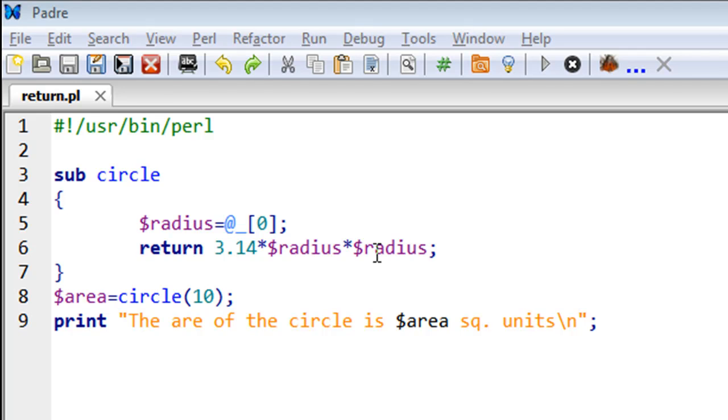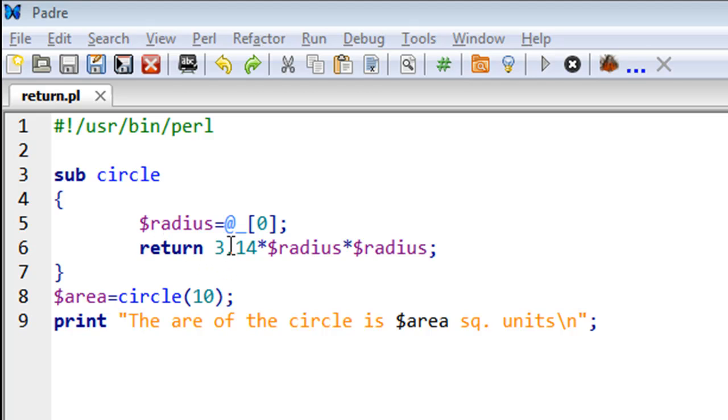This is the 49th tutorial in this course, and in this tutorial we'll be checking out the return statement in Perl. So I have a script, it's called return, and in this script on line number 3 I have used the sub keyword to create a subroutine called circle, and through this subroutine we're going to try to compute the area of a circle provided we know the radius, and the formula of course is pi r square, where r is the radius. And we're going to do this computation inside the subroutine circle, I mean within its definition, but